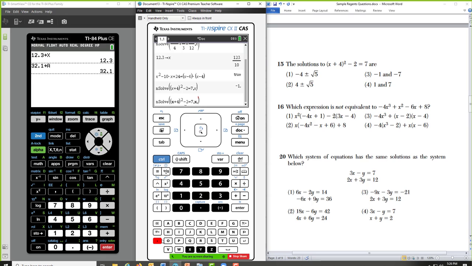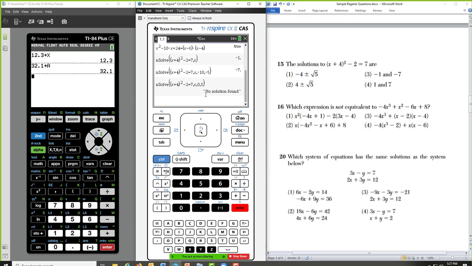put in another comma and give it a window to look for a solution. Maybe -10, comma, -5. If a solution exists from -10 to -5, it will find it. If you're using Nspire, don't stop there. Have the kids explore. You don't want them to get to the state exam and see something they've never seen before. If I look for a solution from 0 to 5, which there isn't one, this is not an error message. No solution found. The kids need to know that's correct.